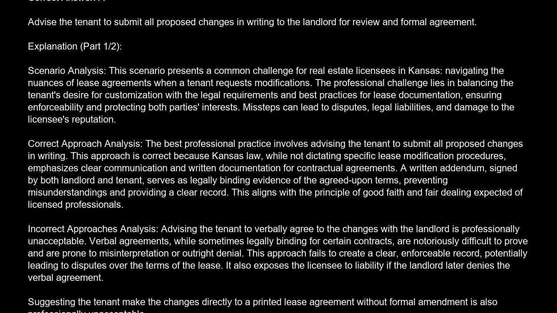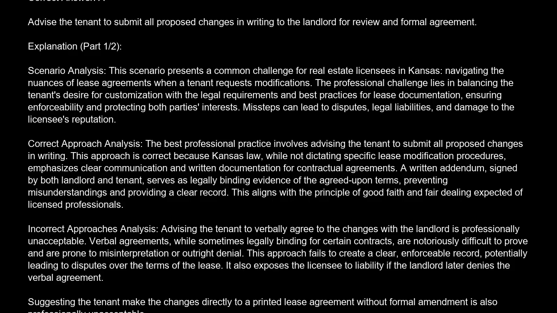The correct answer is A. Advise the tenant to submit all proposed changes in writing to the landlord for review and formal agreement. Explanation. Scenario analysis. This scenario presents a common challenge for real estate licensees in Kansas, navigating the nuances of lease